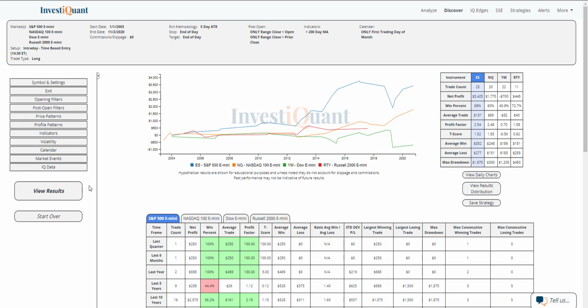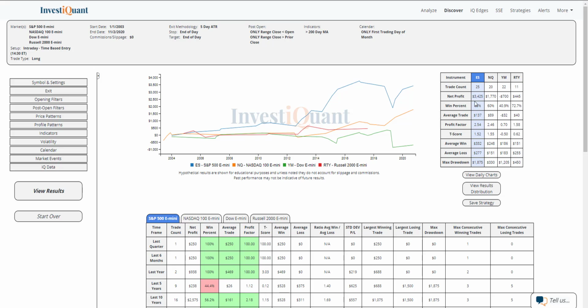And here we go. So these are the results of going long at 2:30 p.m. Eastern Time, exiting at the close 4:15 p.m. Eastern Time. When it is the first trading day of the month, you are above a 200-day simple moving average, and you're trading above the prior day's closing price, but below the current day's opening price. So a red candlestick forming that is trading above the prior day close. And historically, we've got 25 samples in the S&P, 20 in the NASDAQ, 22 in the Dow, and 11 in